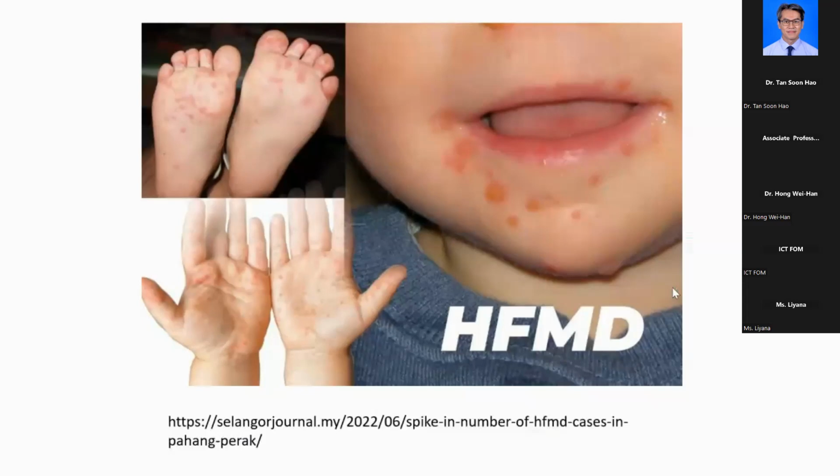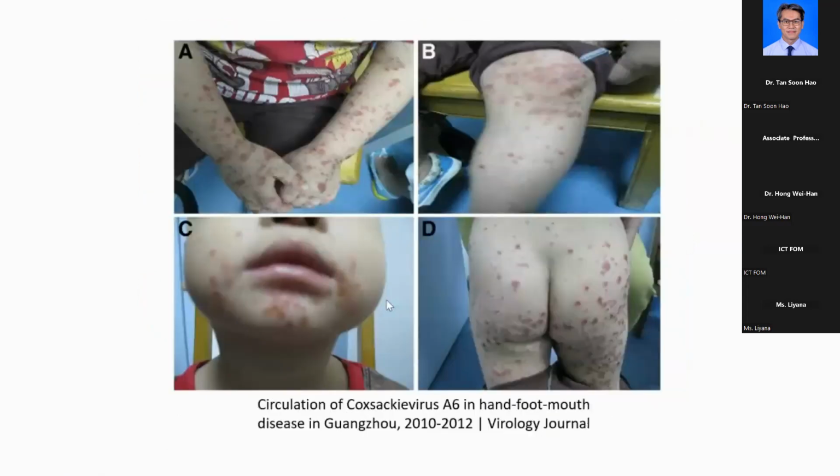This PowerPoint slide shows some clinical symptoms. They will have some vesicles or rashes on the children near their mouth, and sometimes ulcers on their tongue and so on. This is usually caused by Coxsackievirus A16 or enterovirus A71. And this one looks more severe, with more widespread skin lesions. This is caused by Coxsackievirus A6. So Coxsackievirus A6, in terms of its clinical presentation, is a bit different compared with CAV16 and enterovirus A71. Of course, the reason behind this is still unclear.